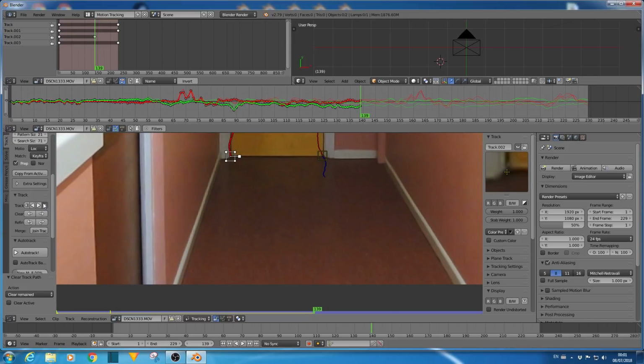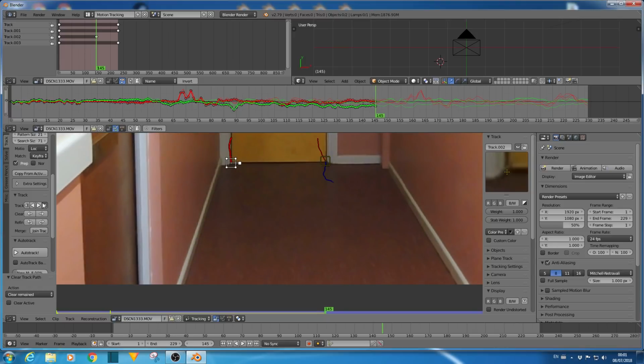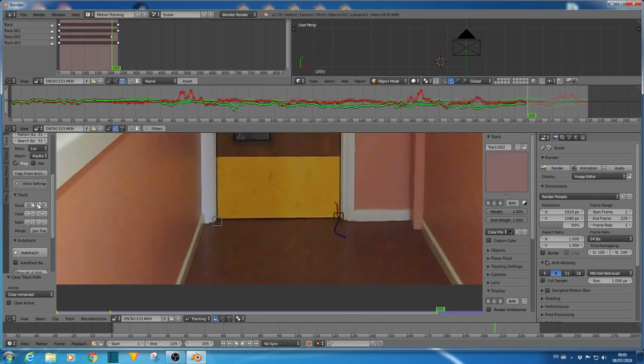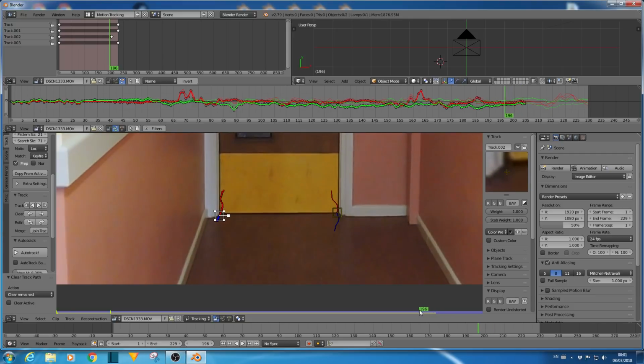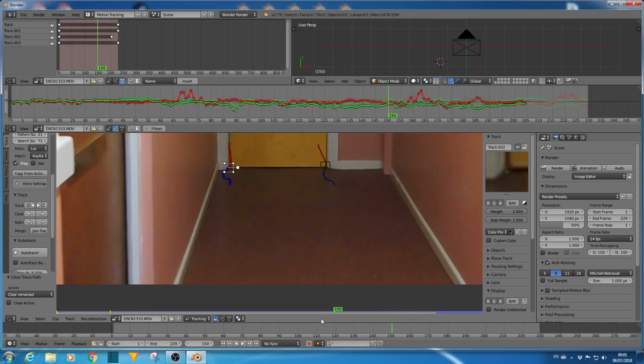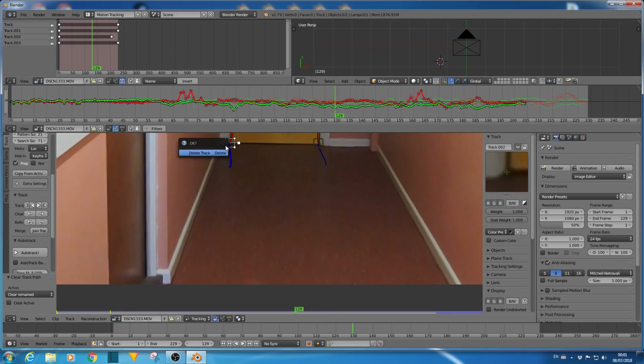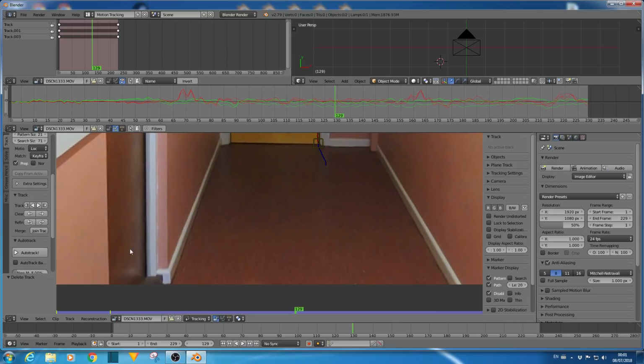Keep an eye on what the track's doing, making sure it doesn't slide anywhere. Once we're good, we'll just hit the track forward, and we lost it again. Go back. Horrible, horrible. That's X to delete that track, and